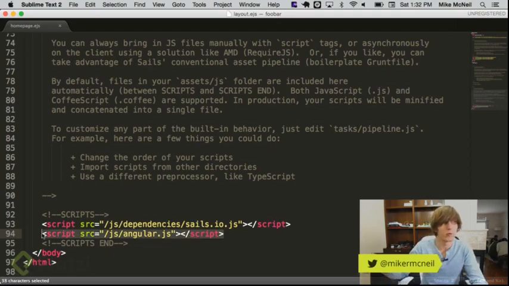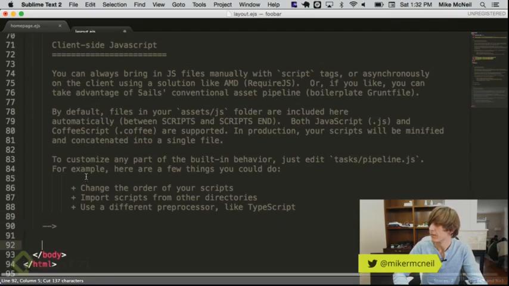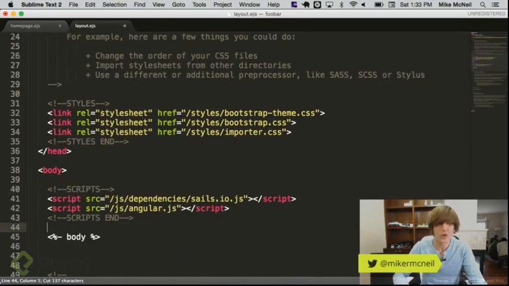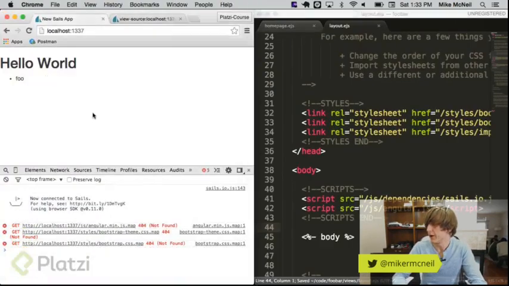Realistically, your script normally is going to come in after Angular at the bottom. You know, also I could just copy and paste this up here, and then I'll have access to Angular. So you can see there it is. It says foo. But let's go ahead and try it the other way,